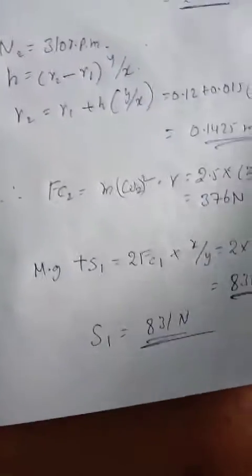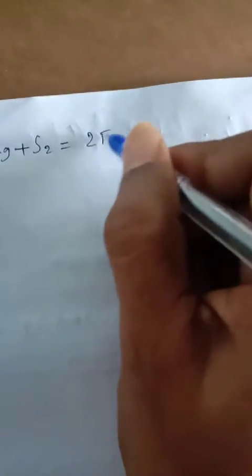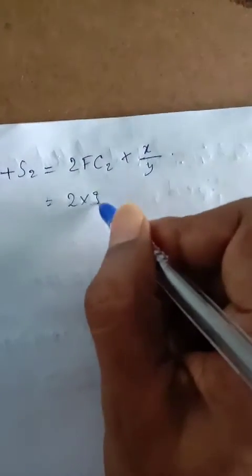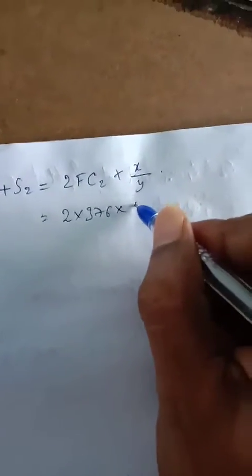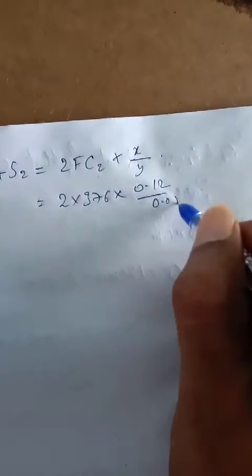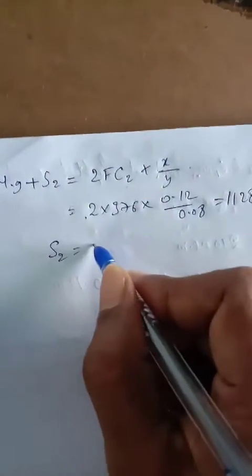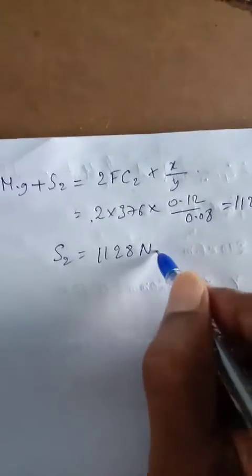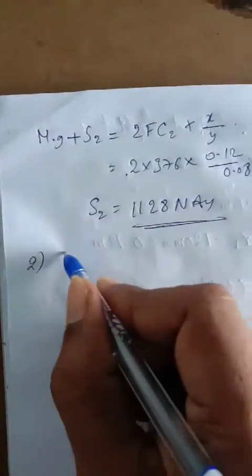And then now we are going to see the highest position. Similarly, for the highest position, S2 is equal to 2 FC2 into x by y. That is equal to 2 into 376 into 0.12 divided by 0.08. That is equal to 1128 newtons. So S2 is equal to 1128 newtons. Answer is that. Then the second thing we are going to find is the